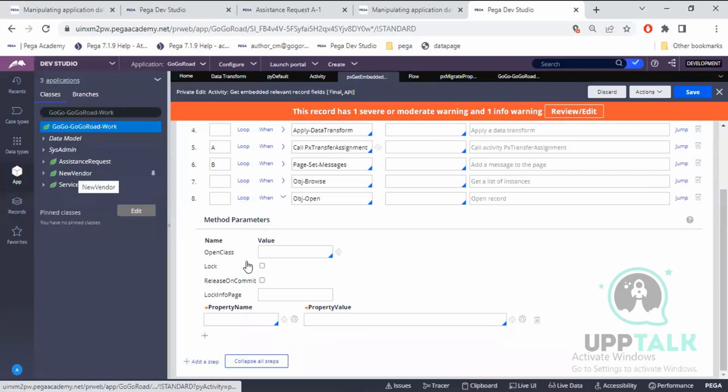Now let's see the configuration. Class is similar. Class is nothing but a table name, right? You have to mention from what class you need to fetch the data, because the class is mapped to a table, so it will fetch from that particular table. Now if you open a class,